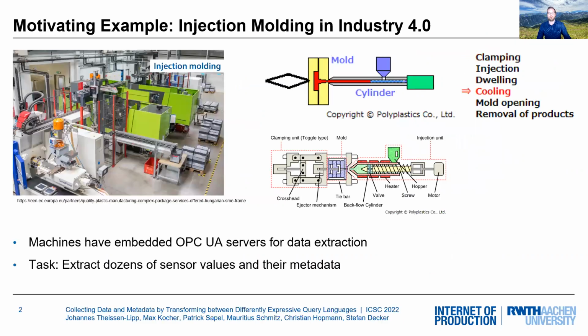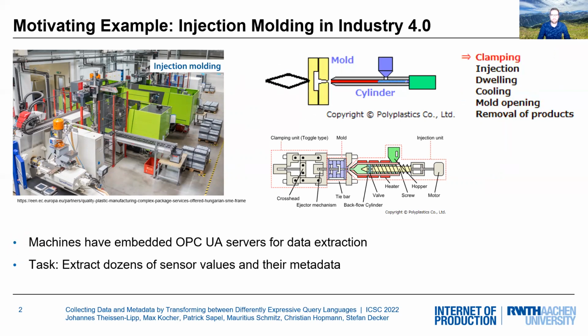That is injection molding. The colleagues manufacture plastic parts where, as we can see here on the top right, they inject material into the mold under a very high pressure and then produce plastic parts. The machines that they get from their suppliers have embedded OPC servers that support data extraction. And the task for them and their colleagues is to extract dozens of sensor values, all together with very valuable